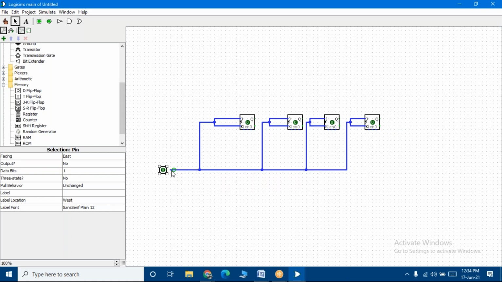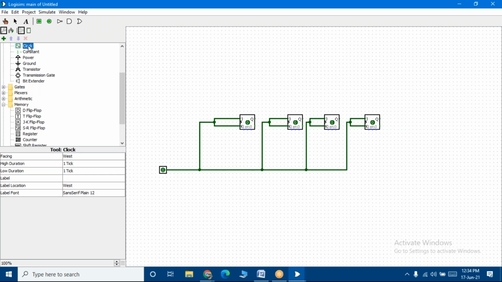Let me connect this here and join this here. Then what should I do? Let me take a clock, place it here and connect it to the JK flip-flop.